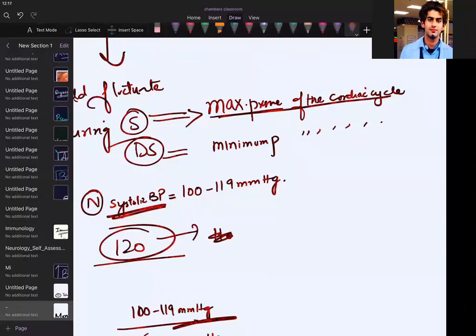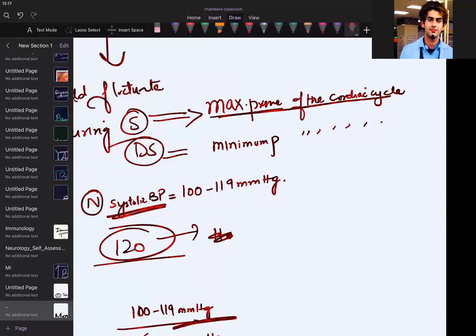Because this pressure, please understand this fact. You are not able to understand. You are directly, blindly writing things. Why are we calling it that? No. Exactly. But the meaning is something different. You have to understand it in this way. Exactly, contraction of the ventricle. But what? Because this pressure is maximum during the systole, that's why it is called systolic pressure. And systolic pressure is itself a maximum pressure.